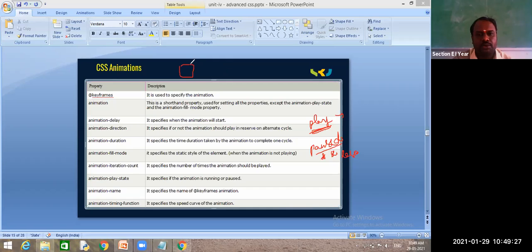I will give you one requirement, and based on that we will apply the animation. By default, my animation is moving from left to right. My requirement is that when my mouse moves on top of this element, it must be in sleep mode, meaning pause mode, so the element should not move. Once I move my mouse out of this element, the animation should start again.